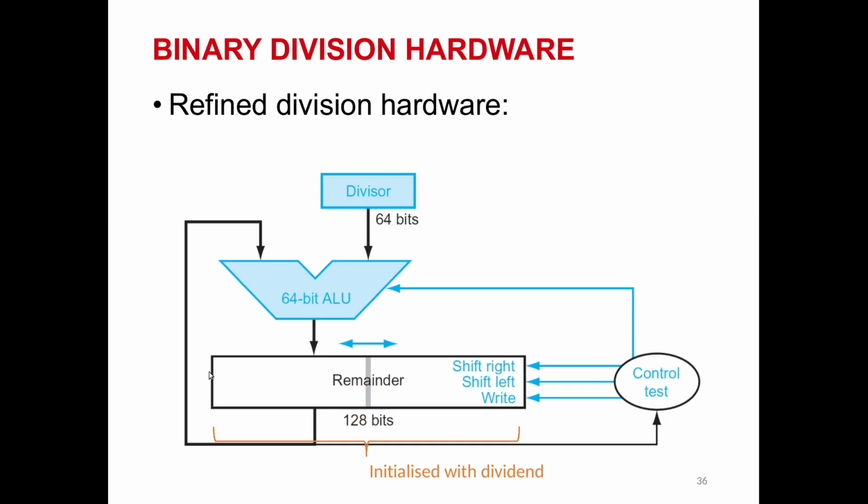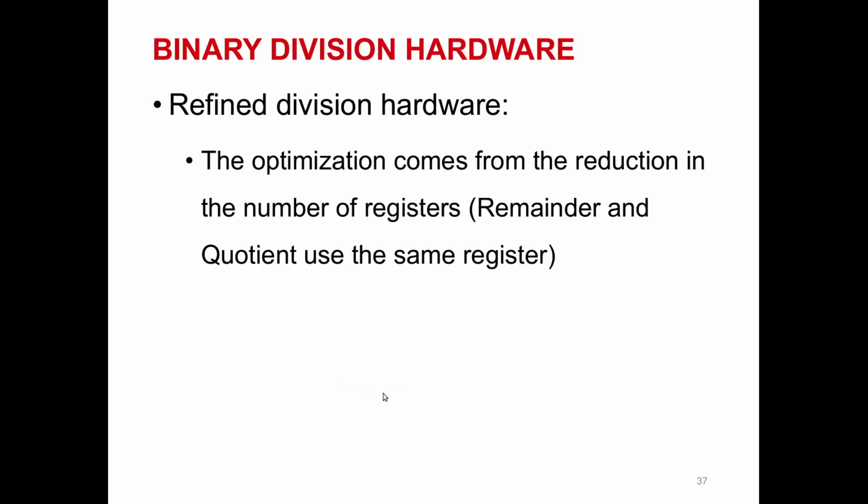Well, we have the remainder located here. The divisor will not shift at all. Instead, after each step, the remainder here will shift 1 bit to the left. The 1 bit equation result will be shifted into the most significant bit of this remainder, and finally we will have the 64 bit equation located in the lower part, or less significant 64 bits, of this remainder register.